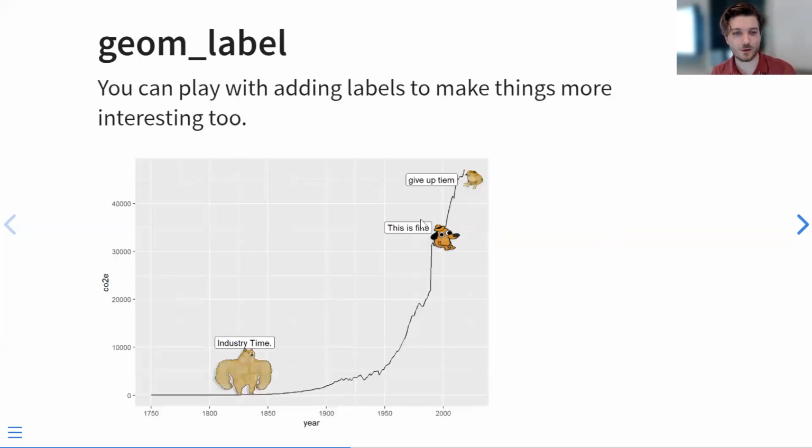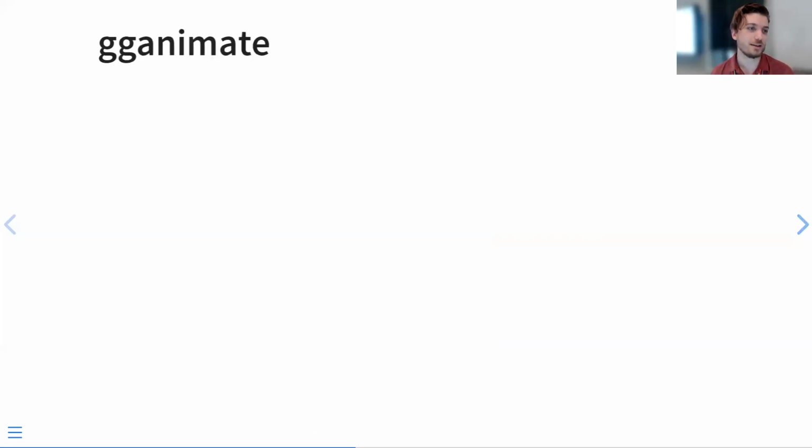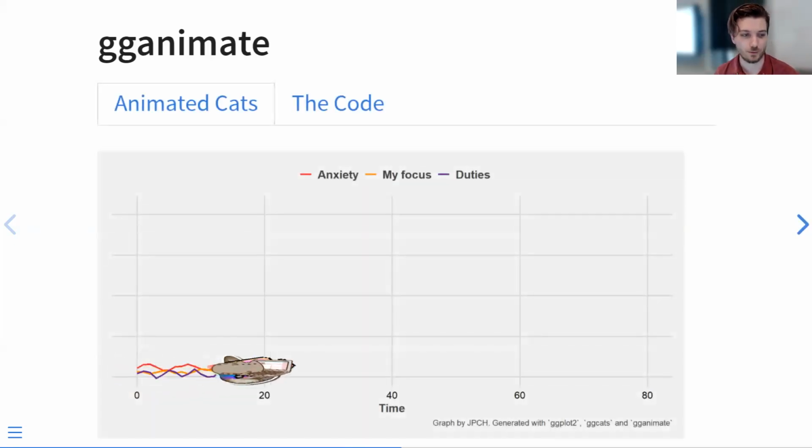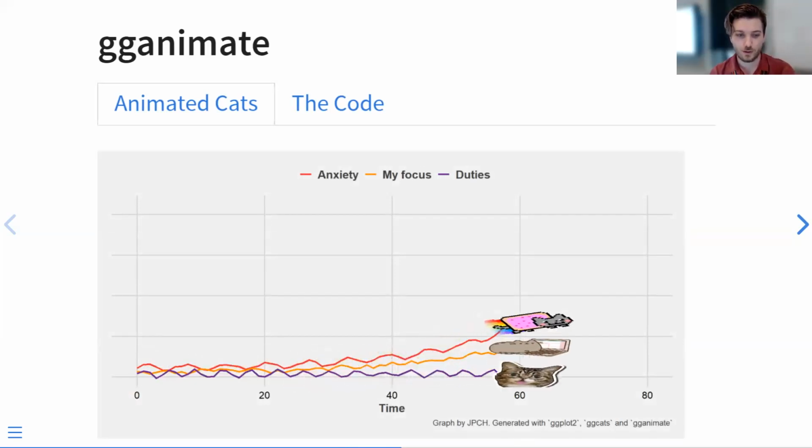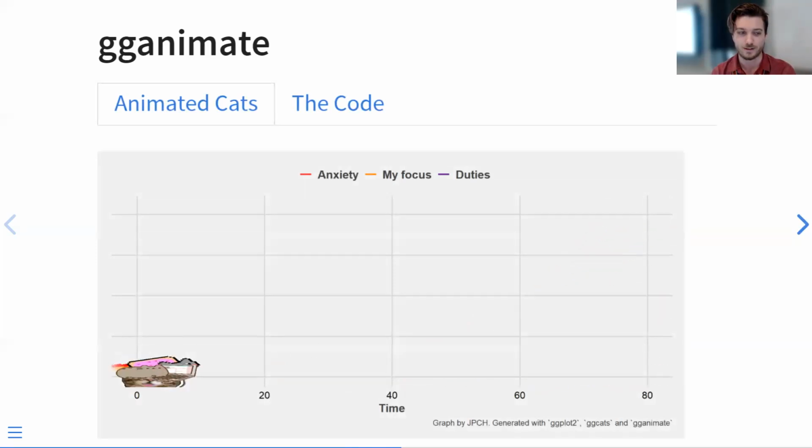So to place those onto there, I had to individually say, I want this particular Doge to be at this year and at that. So this point and that on the X and the Y axis, which is silly. But putting the labels there, although they are silly labels, is a useful thing to be able to do. I know I said this was useless, but you can learn sometimes too. Another good one is ggAnimate, which I don't think is necessarily useless, but I wanted to show you this cool use of the ggcats plus ggAnimate and ggplot2, where you can track things with that.